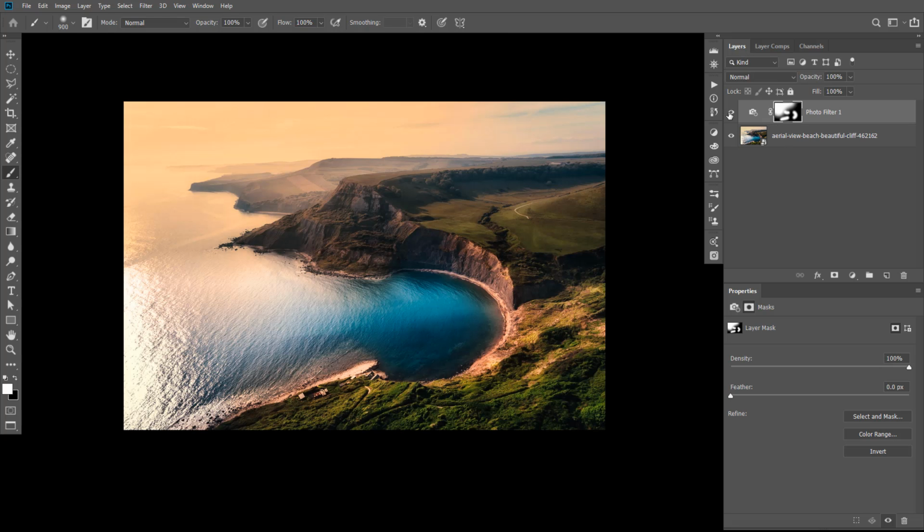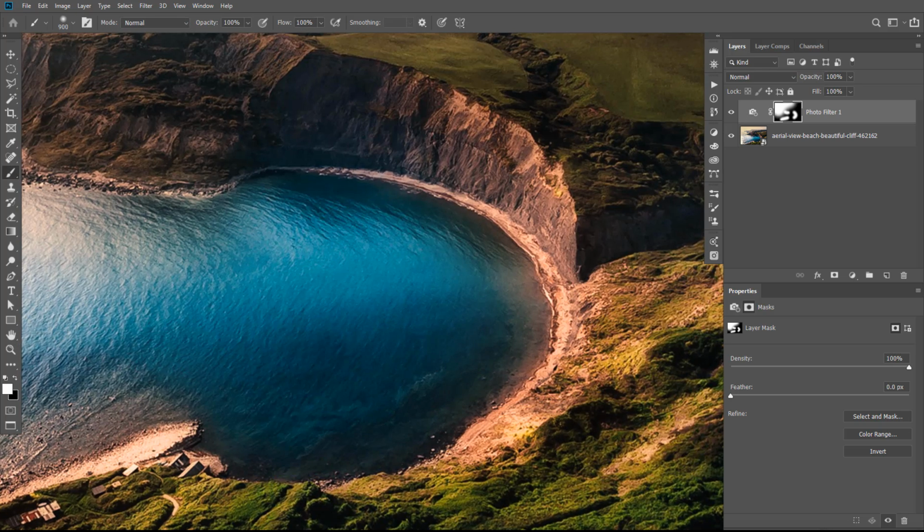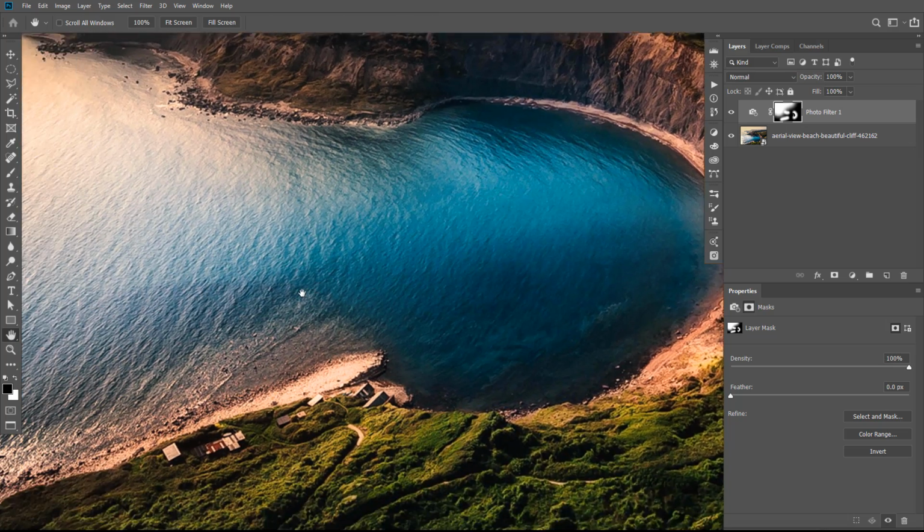Maybe I want to go in and refine this because I don't like the way it leaks into the water. You can see that orange cast in the water. So what I'm going to do is go in and manipulate my colors to put my black as my foreground color, and this is the non-destructive nature of masks. I can say I want to remove this from the water because I don't like the fact that it's coloring the water. I want a little bit of it in the water, but I don't want a ton of it. So you can see the bright stuff underneath the water I've left, and then I can go over here to this location